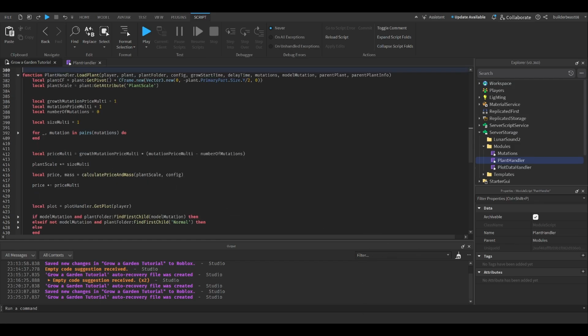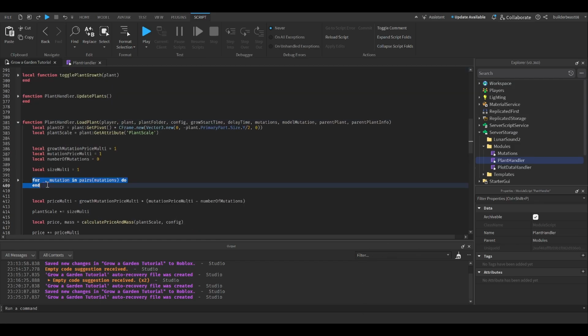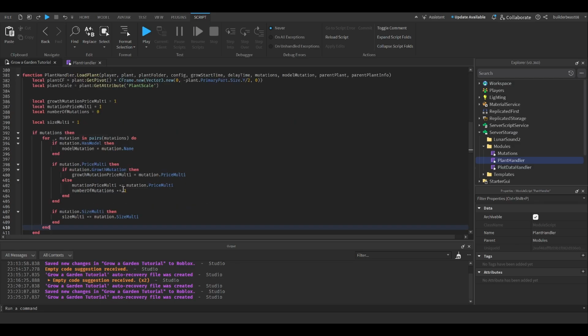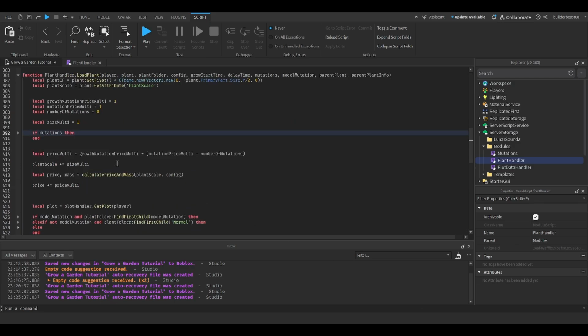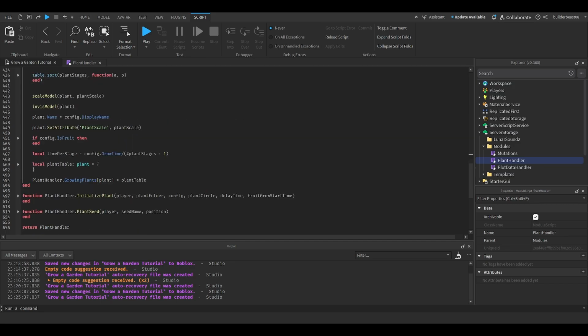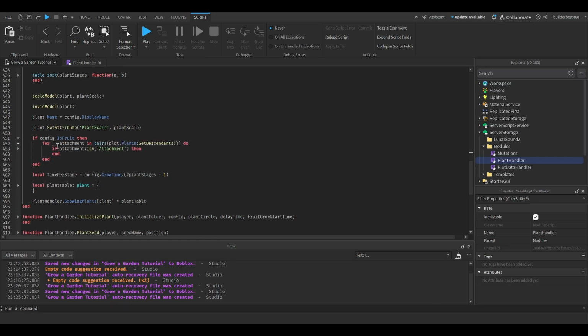Oh, right. So yeah, okay. Right here, if mutations, then, and then just put the for loop inside of that. That should get rid of some issues. If you don't have mutations, because for some reason they didn't save properly or anything, which they should, but things happen. Right, okay. So, if config.isFruit, which says for attachment, with all this stuff,